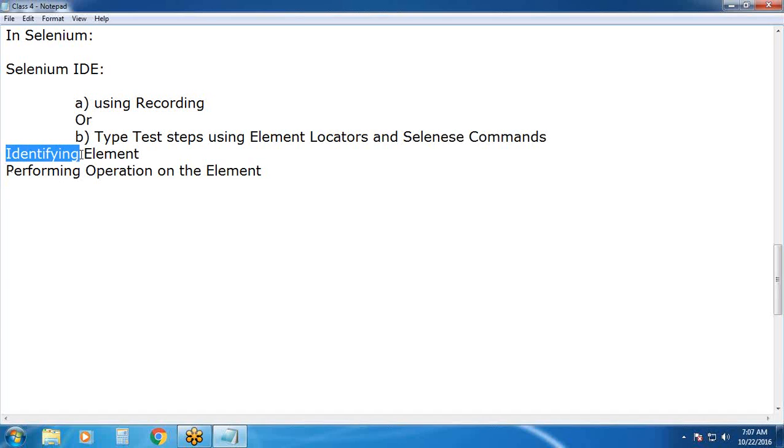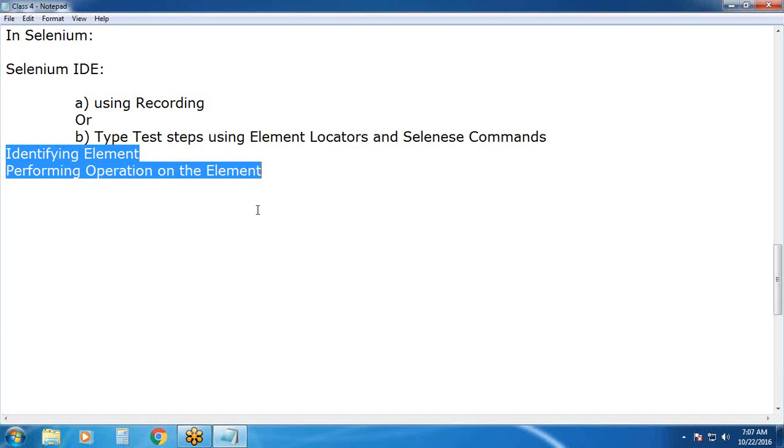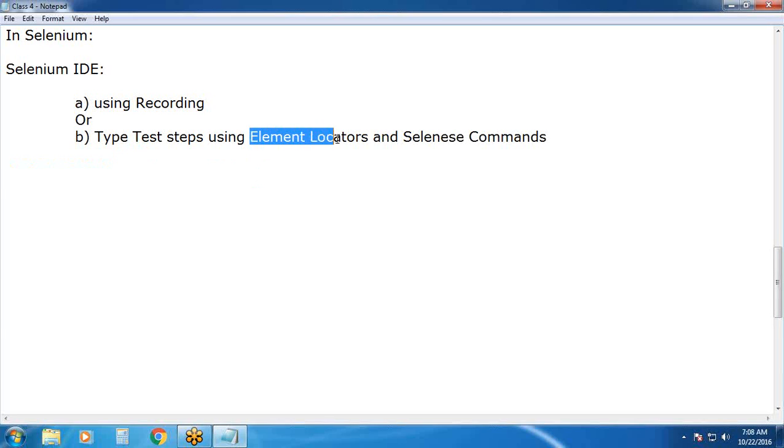Rajashekar, did you understand these two concepts? Identifying the element, then performing operation on that element. For identifying the element, we use element locator. For performing operation on that element, we use Selenium command. Okay. Next, if it is Selenium WebDriver,